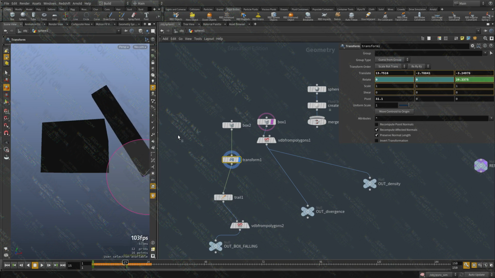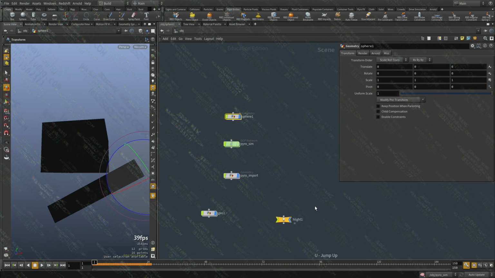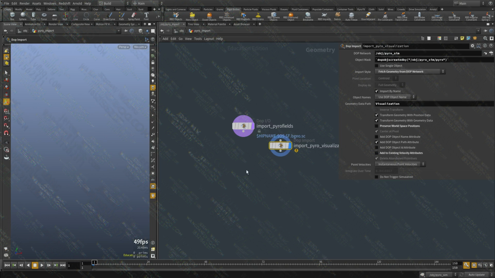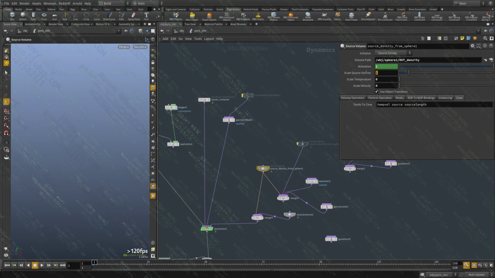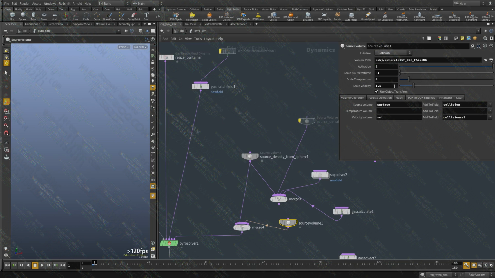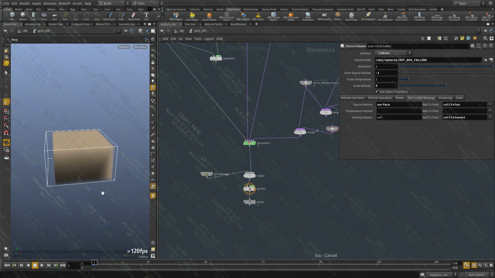I want to move it here. Okay, cool. And I'm going to reduce the density of the sim. This guy, let's say 0.1. I'm going to increase the velocity to 4, actually 5. And I'm going to run the